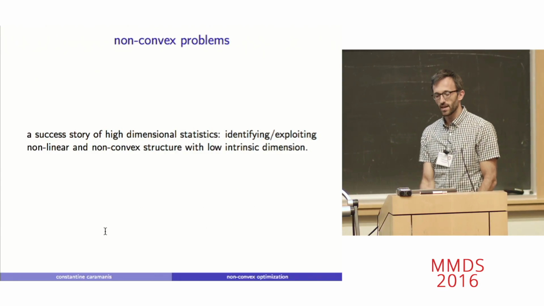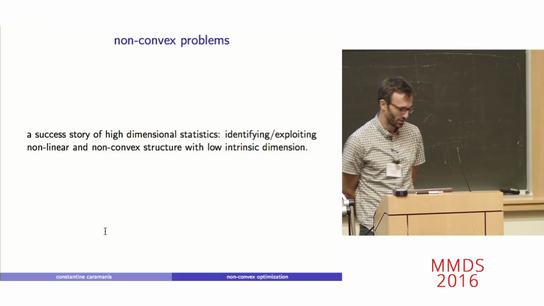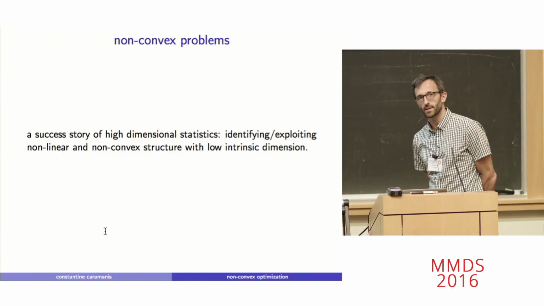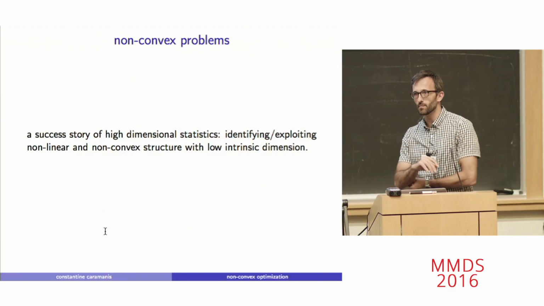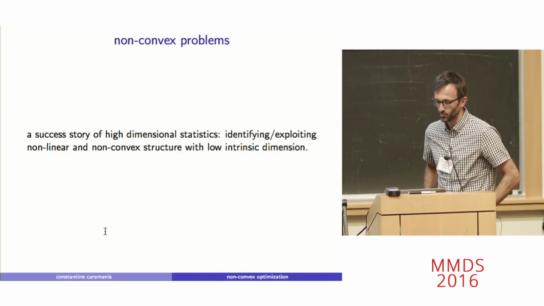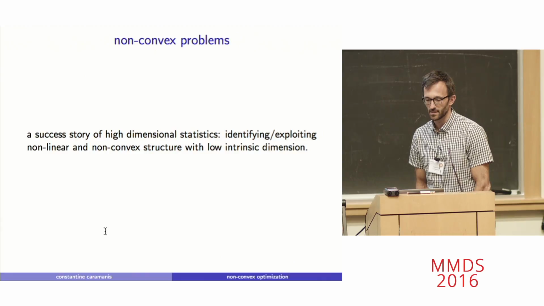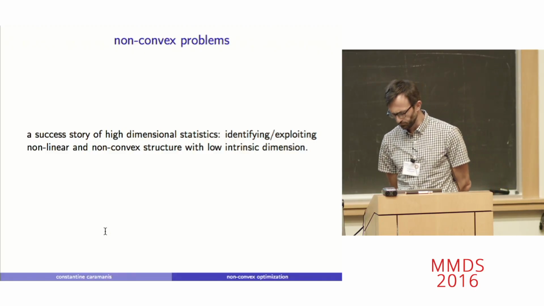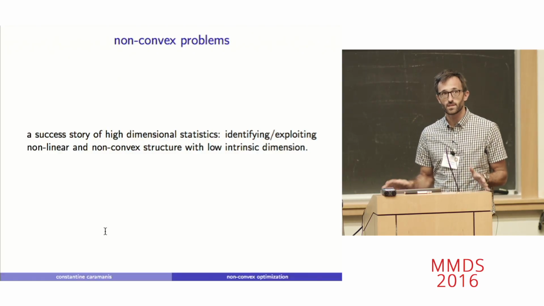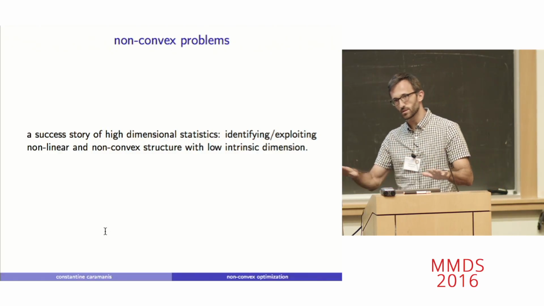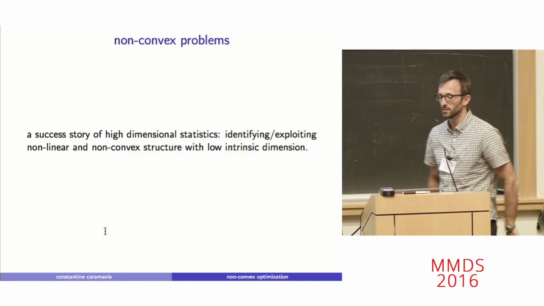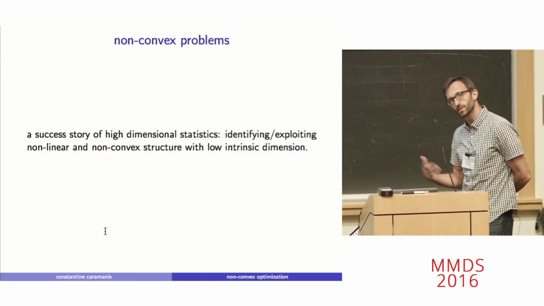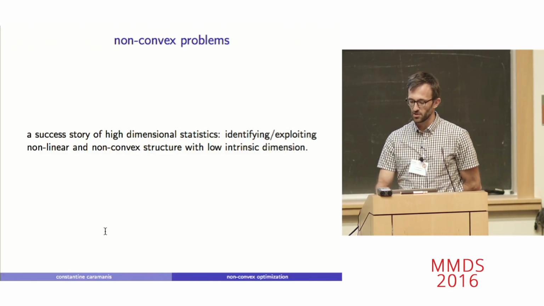So this does tie in actually to Alex's talk, which I gave about an hour ago, and this idea of non-convexity, the importance of non-convexity in high-dimensional problems. Something that many people here have worked on, and many people elsewhere, is this problem in high-dimensional statistics. The success story here has been in our collective ability to find techniques that identify some simple structure that's nonlinear. When I say nonlinear, I mean it's not that we're projecting onto one specific low-dimensional manifold. It's something else like sparsity or low rank. And it's this simple structure, with some kind of low intrinsic dimension, which allows us to get around